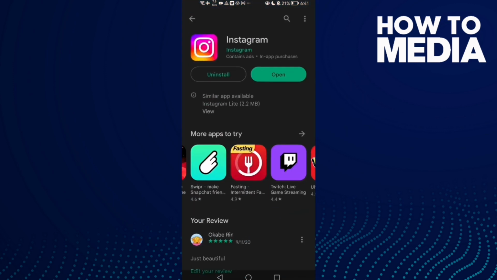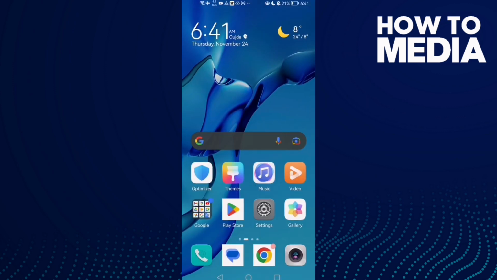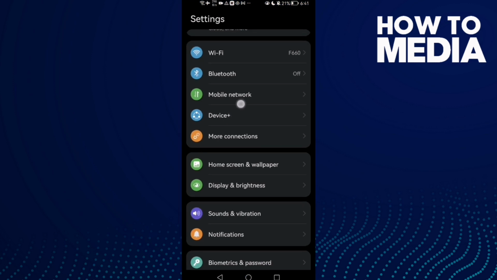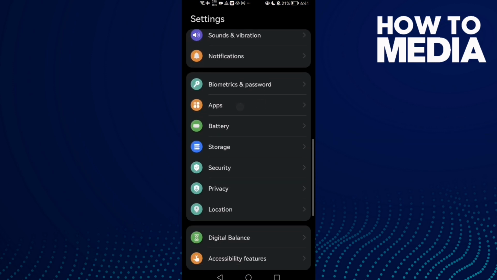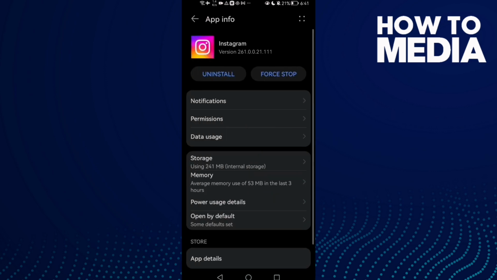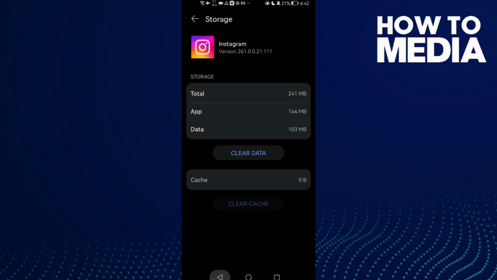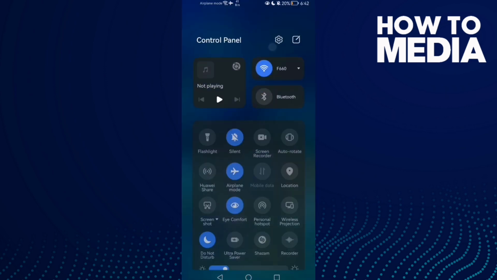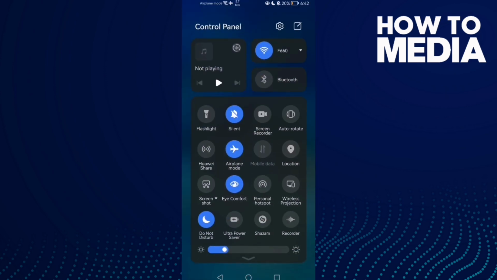First, open Play Store and make sure your Instagram is updated, and then just go to settings, click apps and apps again, and here type Instagram and click on it, click force stop, go to storage, clear cache. Now just go back and try again, and if that doesn't fix your glitch, just click here and